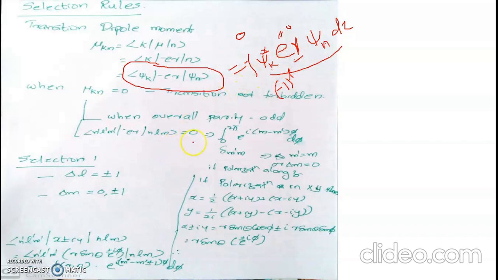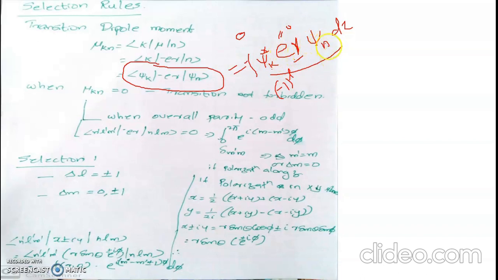So, in order that there is a transition between ket n, the initial state, and ket k, the final state, there should occur a change of parity. If this is odd, this must be even, or if this is even, this must be odd, so that overall this integrand will have an even parity. Since the vector operator R already has an odd parity, if any one among these two eigenkets connected by means of a transition has an odd parity, overall this integrand will have an even parity. The only possibility for this to happen is that